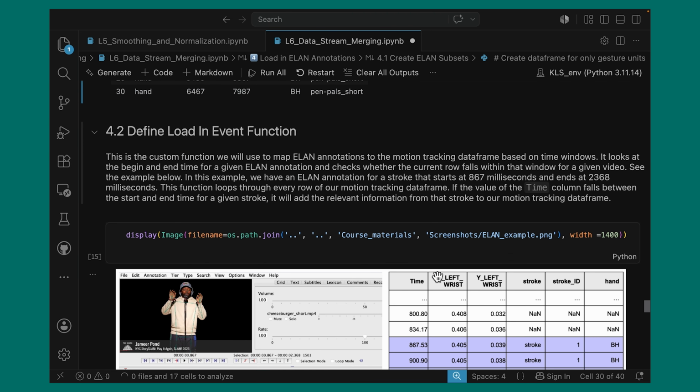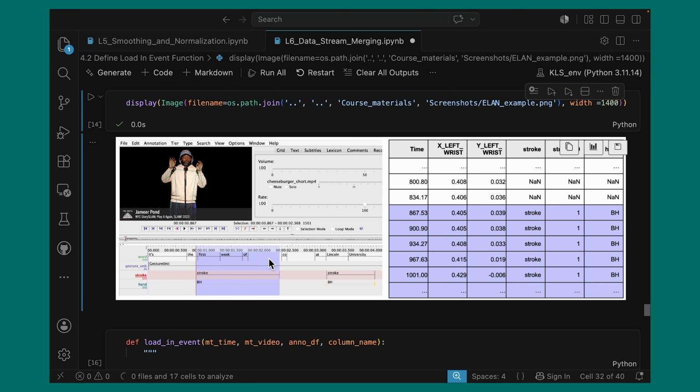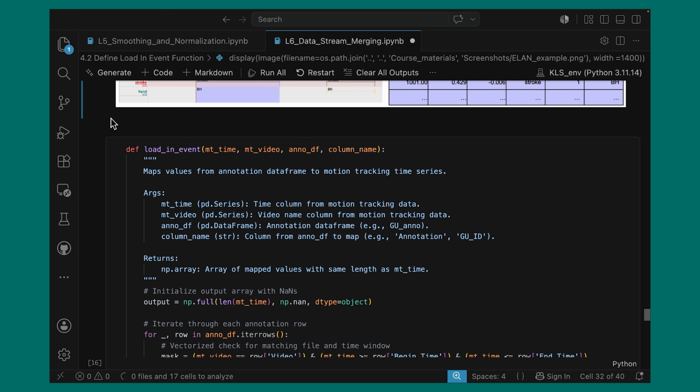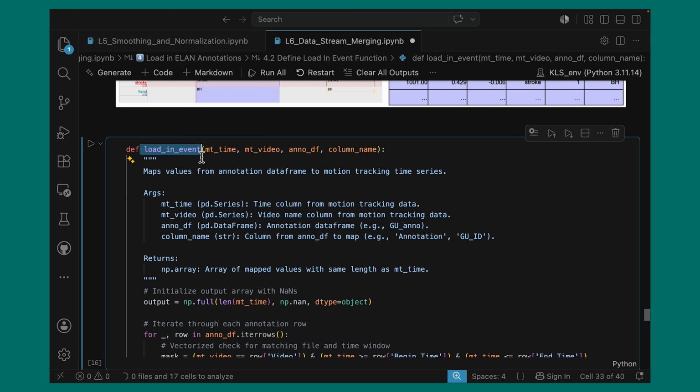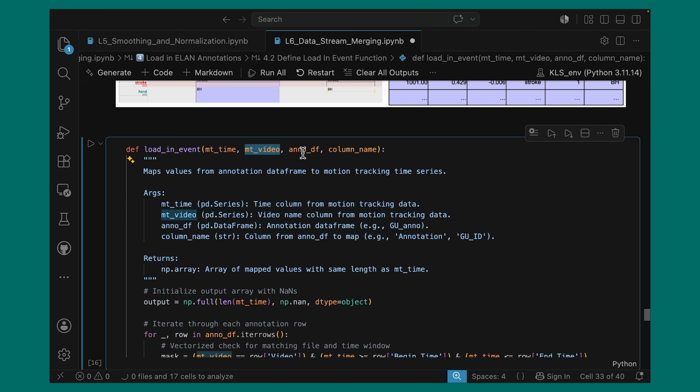This next code chunk is reading in an image from our screenshots folder, showing a reminder of what the stroke annotation looks like in ELAN versus how we want it to appear in our motion tracking data frame. The main function we're defining is called loadInEvent. To use this function, we will specify the motion tracking time column, the motion tracking video name column, the annotation data frame that we want to get annotations from, and the name of the column we want it to map